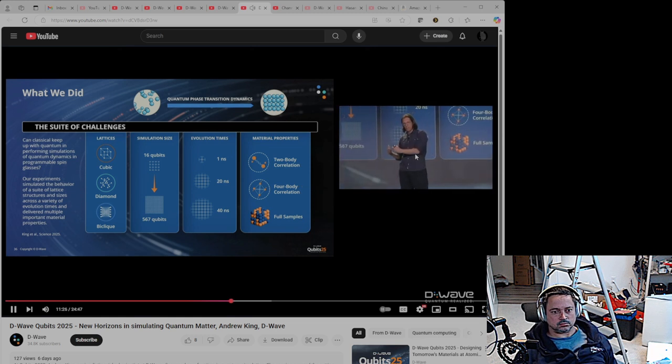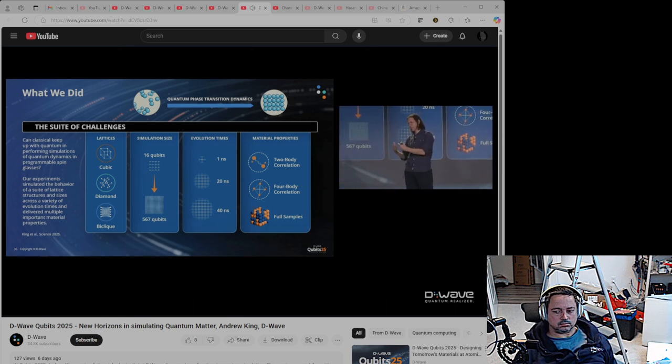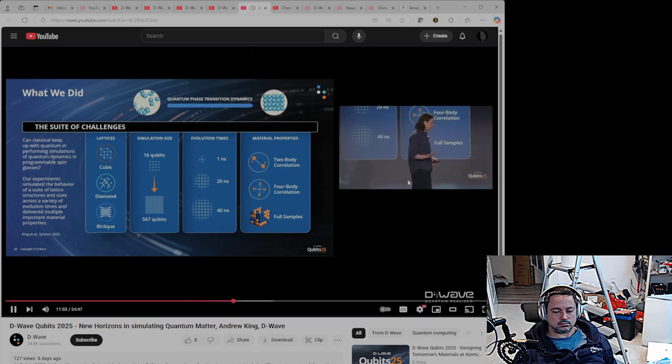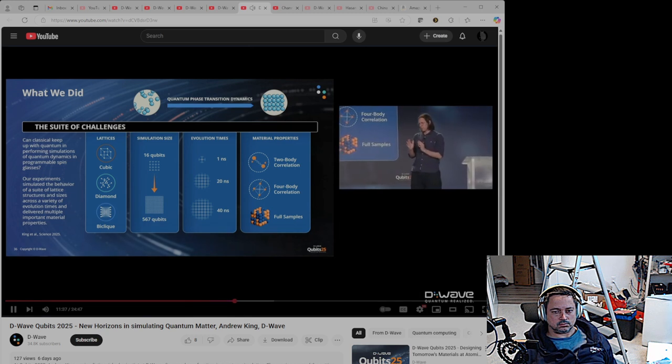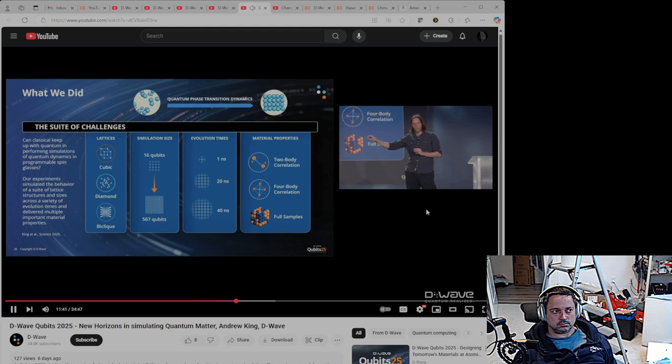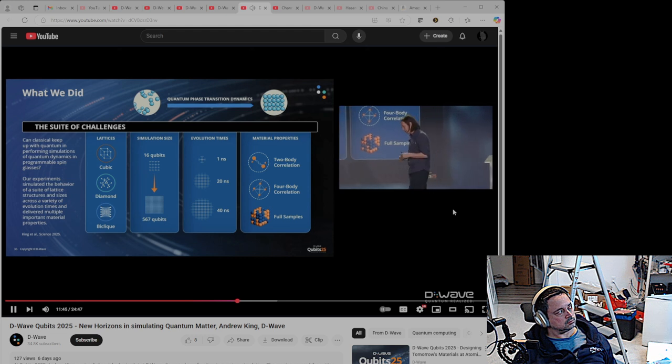If you anneal very, very slowly, then you can actually reduce the problem to a classical optimization problem, or a slight variant thereof. So we want to be between these. And actually, the long anneal limit is just a function of system size. So we want to do deep simulations. So we went up to 40 nanoseconds, and we calculated a bunch of different material properties.